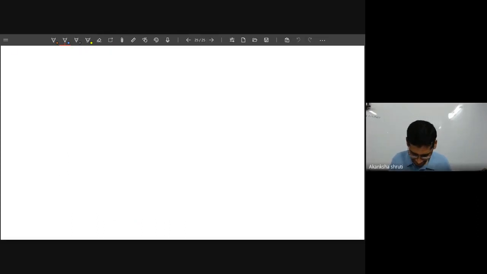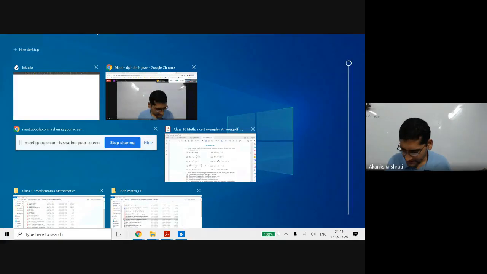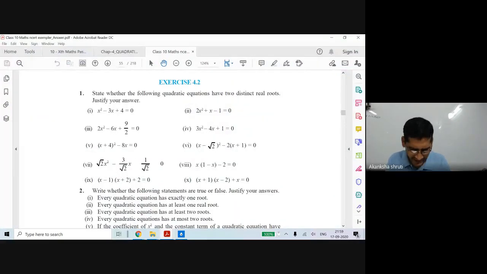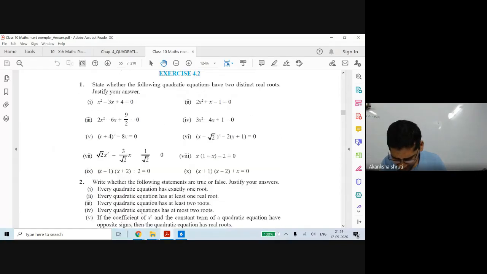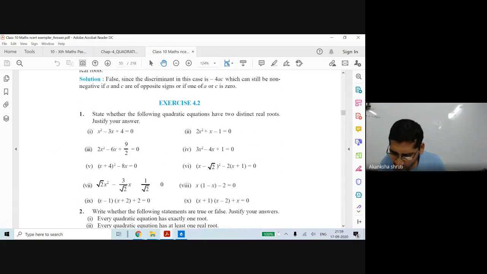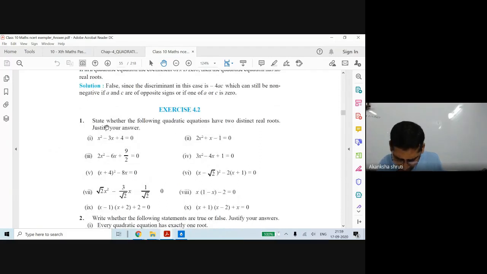स्टूडेंट, अभी हम आगे चलेंगे और देखेंगे कि हमारे क्वेश्चंस कैसे कैसे पूछे जाते हैं हमारे एग्जाम में, हम उसकी तैयारी करेंगे अभी। तो this is your, I think, exemplar and exercise question. Two distinct roots. Students, देखिए, state whether the following quadratic equation have two distinct real roots or not. You have to justify. Here a, b, c can be rational or irrational. Okay, so depending on that you will get the answer.